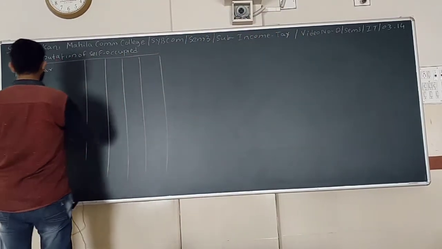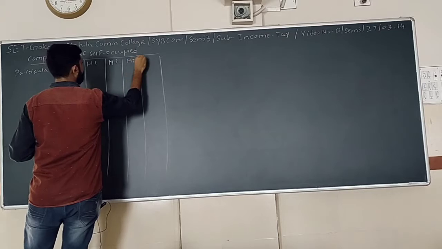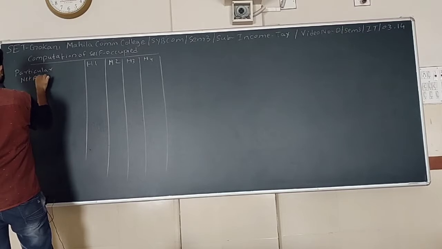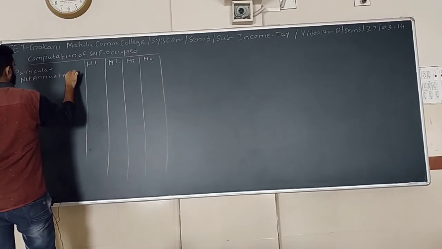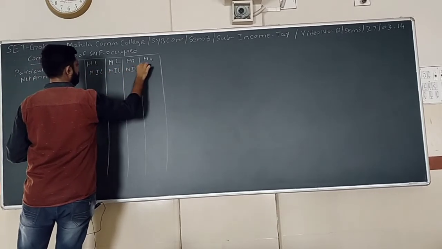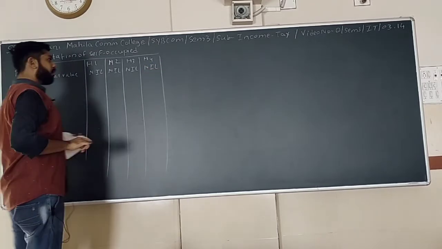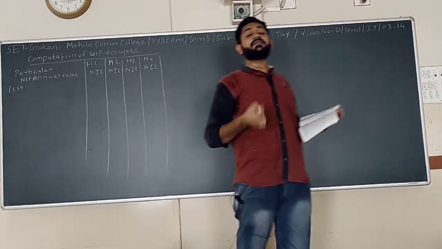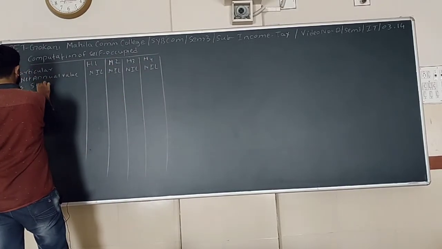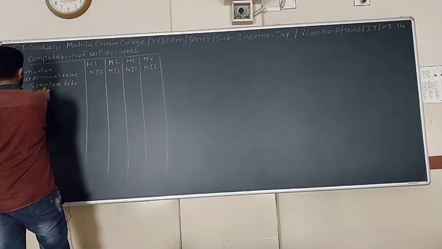So the first part is directly, this is house 1, house 2, house 3 and house 4. So for house 1, net annual value will be nil for all the houses. So next, less. Here obviously the standard deduction at 30% will also be nil. So the second part, standard deduction, finished.